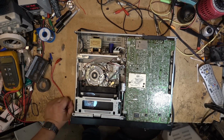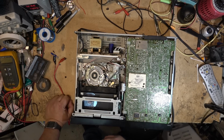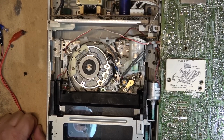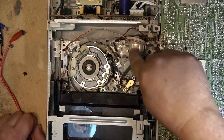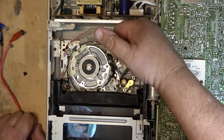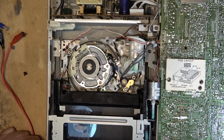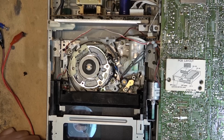As you can see, there's a tape that's threaded. This is a plungerless design. I believe this one was the 711B3 chassis. This was the last of the Beta design, and it uses a loading motor here that does everything. It controls everything. So it's usually what happens on this is this motor sticks, and